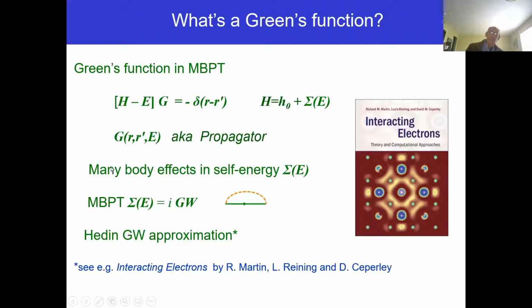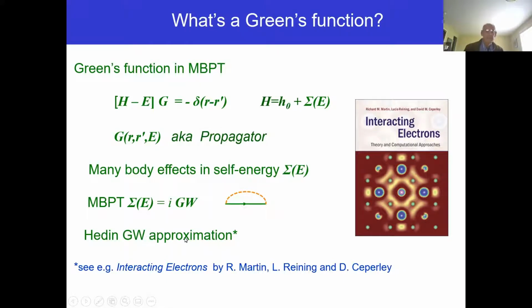The beautiful thing about the formalism is that it incorporates all the many body effects in this propagation of the electron, because it's really a many body problem. There are lots of other electrons around, and they have to get out of the way as the photoelectron escapes the material. We use a famous theory due to Lars Hedin. It's called the GW approximation, in which the many body effects are represented in terms of a coupling to some density fluctuations called plasmons, and they're represented by the screened Coulomb potential W, which is the dotted line here,